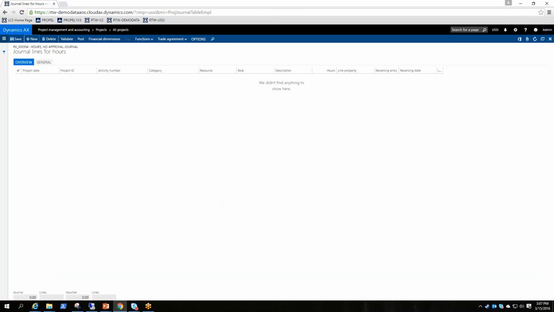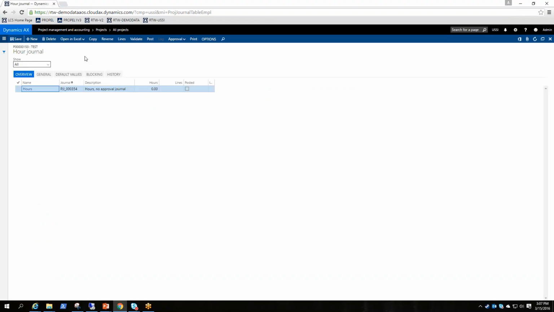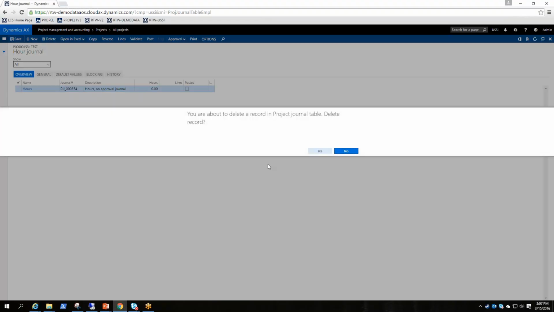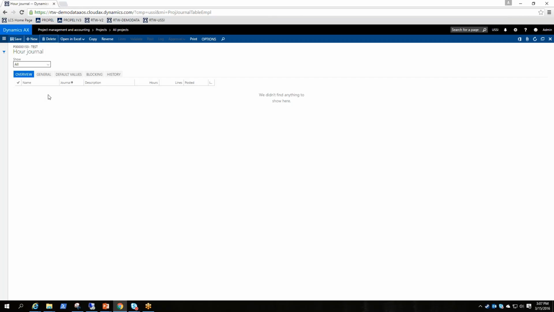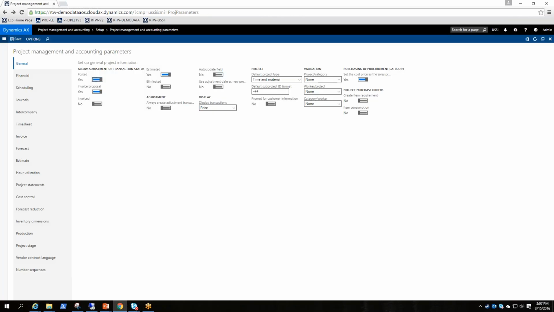Notice we're not getting any more errors when we're trying to post a labor entry. So I'm not going to post one, but you can see that it didn't stop me like it did previously. All right, so let's jump back to those parameters. So if I go back to project management and accounting, and then under setup, project management and accounting parameters,